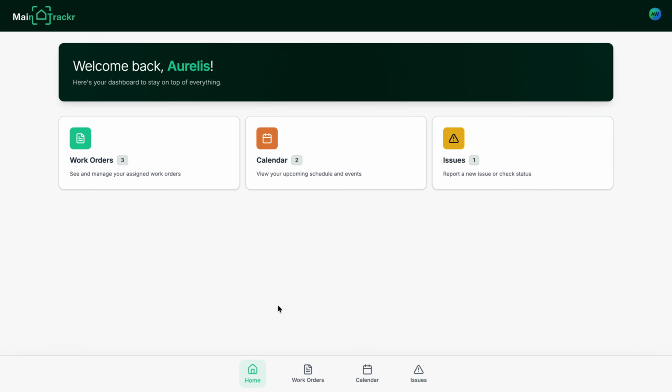So that is the worker portal in a nutshell. It's very simple. I didn't really go through all of the extra details on locations and clocking in and stuff like that. But from a high level, this is everything you can do as a worker. It's super easy, super efficient. And yeah,